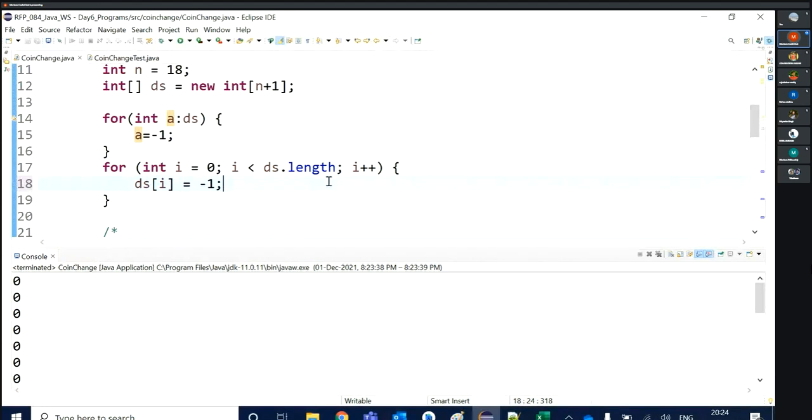That is actually lengthy, no? That's what I want to tell you. There are always some shortcuts. If you want to assign some value to the array, and we go like d of 1 equal to -1, d of 2 equal to -1, I don't want to do that. We can do it with the for loop also. That's what I am doing here.